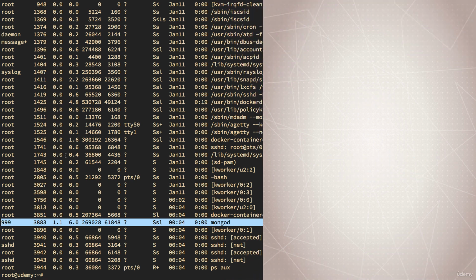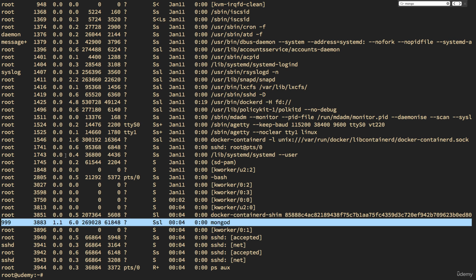And that's just because of the security layers that we'll talk about with containers and how they're a little different than regular processes running on the host. But we can clearly see here, this is a process on the host. It's not hiding inside a virtual machine that we can't get access to. It's right there in front of us. If I stop this container,